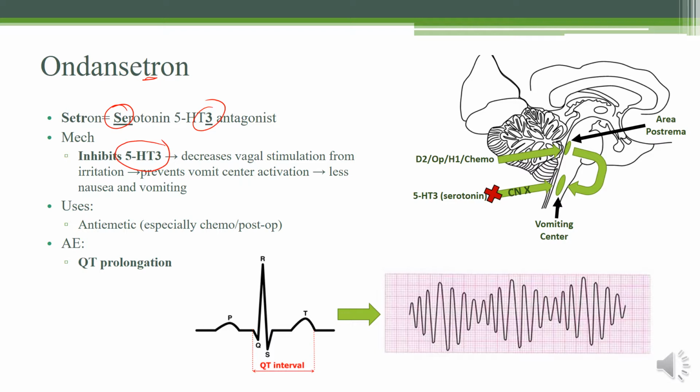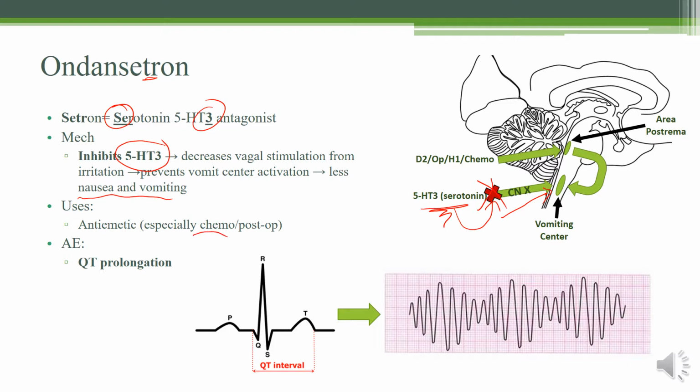So this causes an actual decrease in vagal stimulation. If you recall, the serotonin is caused by irritation of your GI system, and then it'll trigger your vagal nerve, which will go directly to the vomiting center and cause you to vomit. So if you inhibit this serotonin receptor, you don't get this activation of the vomiting center, and you get less nausea and vomiting. This is very, very often used, especially when you're working with chemo patients, just nauseous patients in